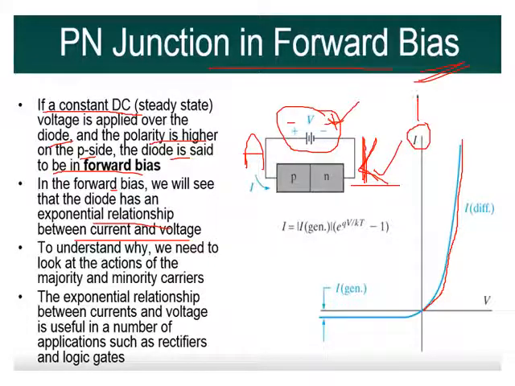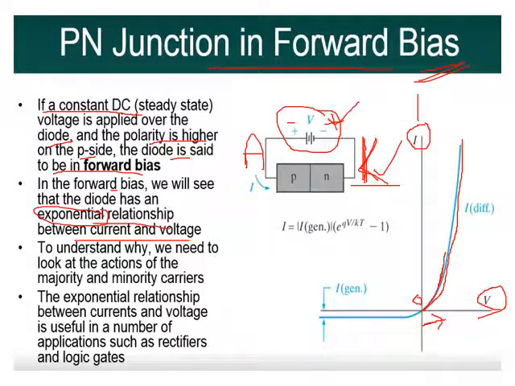Current is plotted on the y-axis and the voltage is plotted on the x-axis, right? What this graph is telling us is that initially at the origin the voltage is 0 and the current is also 0. If I start giving a positive voltage in forward bias and keep increasing it, then slowly the current will increase, and it will increase exponentially. Hence the graph is exponential in nature. Even the diode equation satisfies the same thing, giving exponential mathematical behavior.